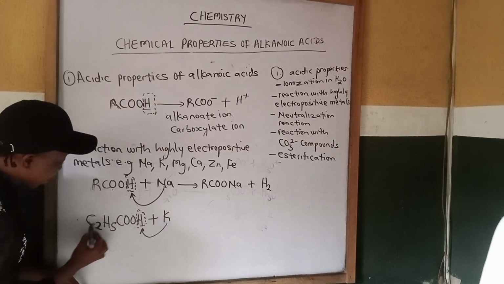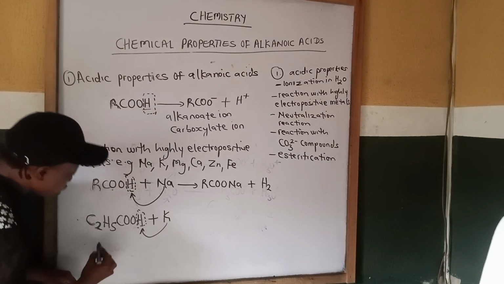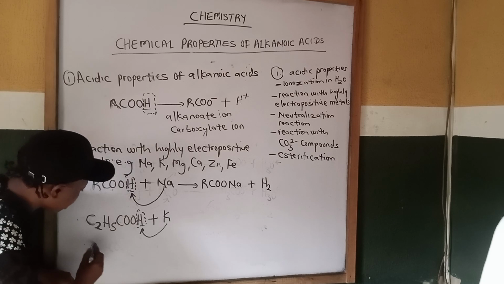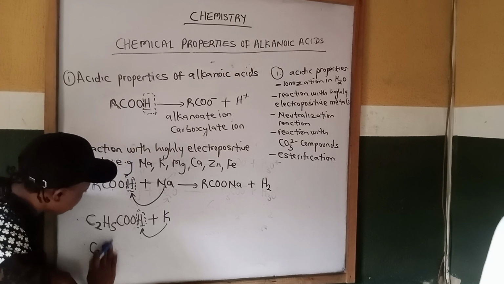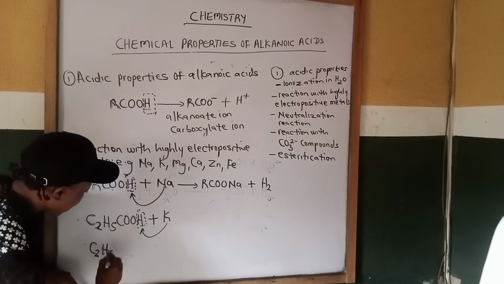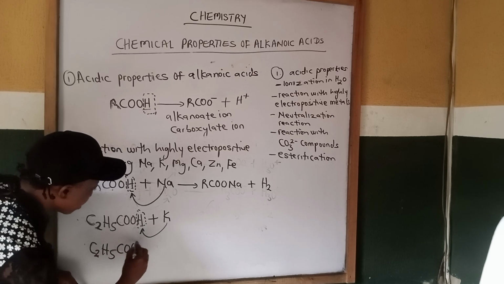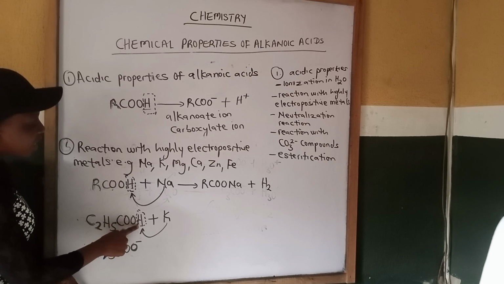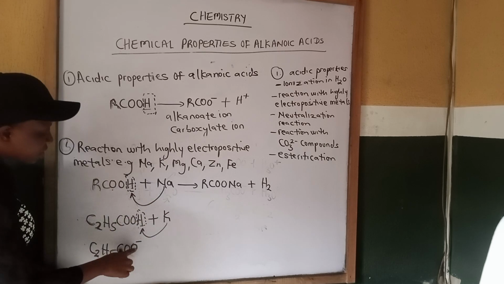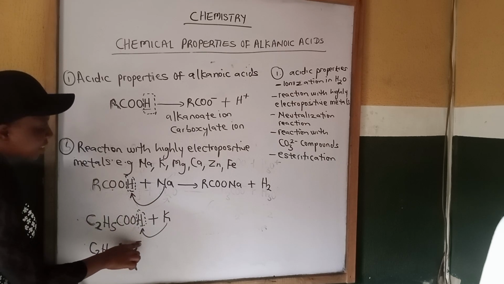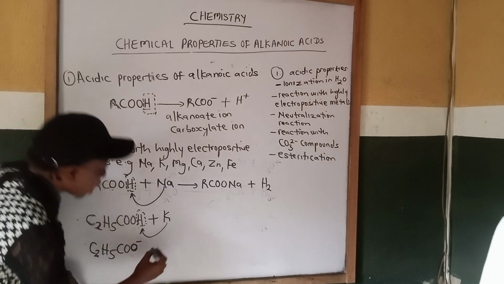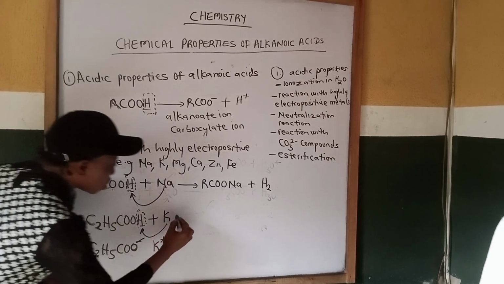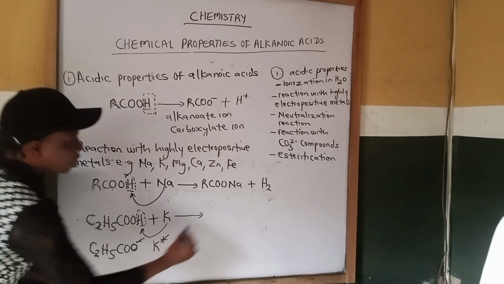Don't forget that C2H5COOH is C2H5COO minus, because an electropositive atom is being displaced, so we have one electronegative. Potassium is plus, so plus cancels minus. They will come together to give us